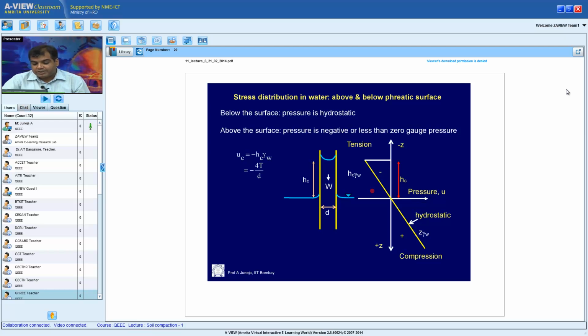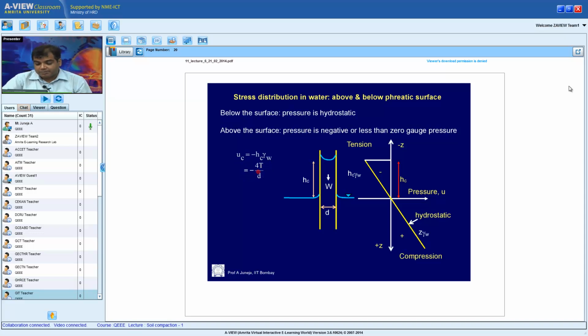So the pore water pressure in this capillary zone, let me call this the pore water pressure in the capillary zone, would be the distance measured from here to there, which is HC times gamma W. And because this one is the compressive one, I must say below the water table is positive, above the water table is negative. So I have a minus sign over there. I remember HC was minus 4T over small d times gamma W. So I have gamma W, which is eroded off. So pore water pressure is